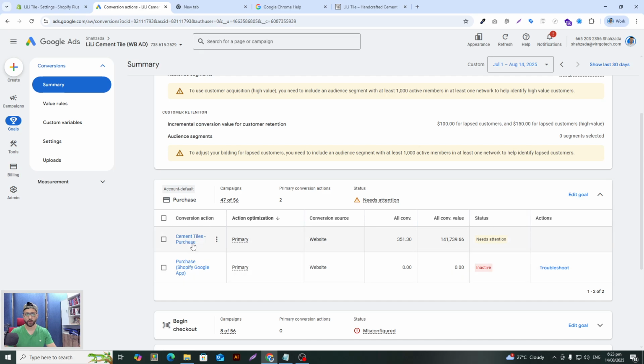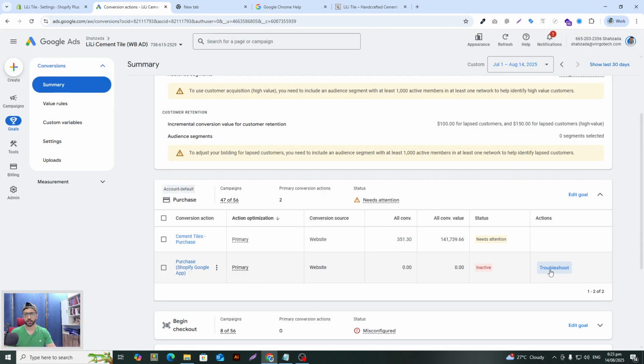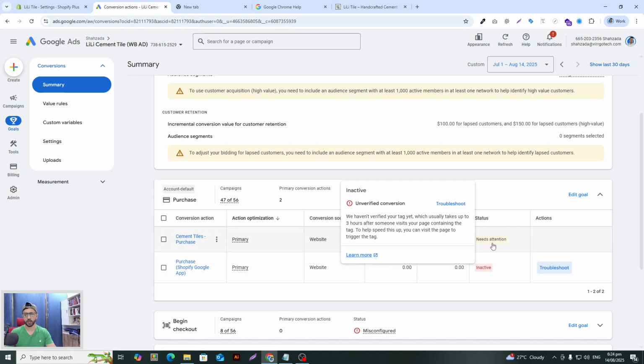Now I will be seeing two different conversion actions here. One is the regular one that has been in place, and the other one is the one that I have just set up within Shopify through the Google and YouTube channel. This one has to be troubleshooted. It's going to take a bit of time for a conversion to take place. Once it happens, this data is going to go